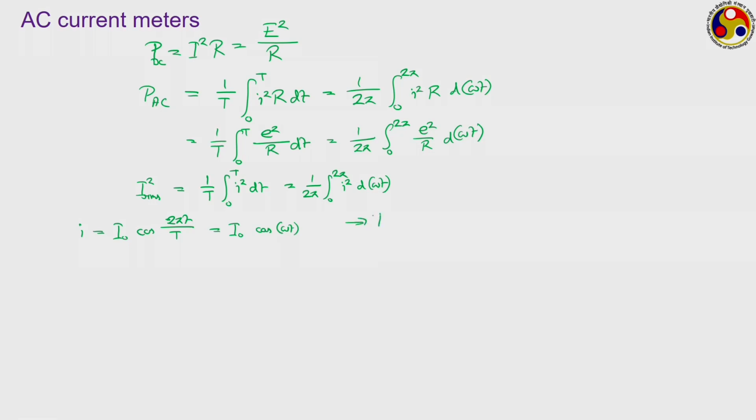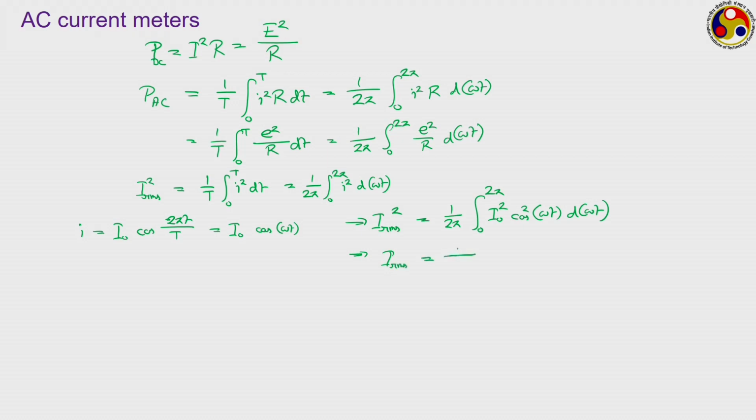Then correspondingly I RMS square will be equal to 1 by 2 pi integral 0 to 2 pi I naught square cos square omega t d of omega t, and if we solve this,